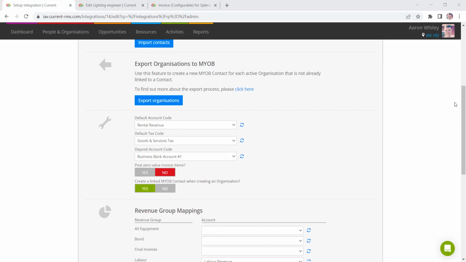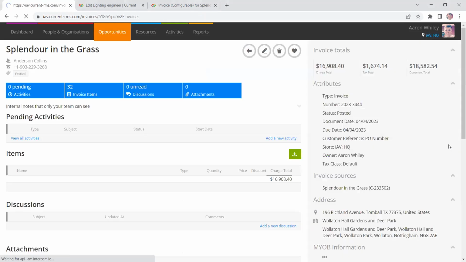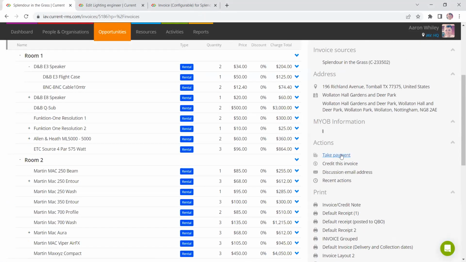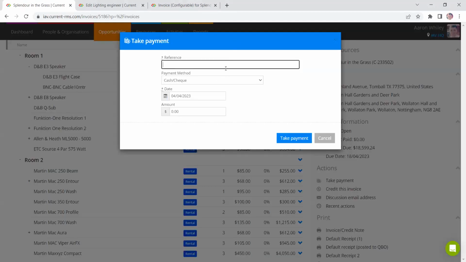Let me just see if I've got this set up. As you can see here, there's a take payment option, and this is where you can log payments essentially as you receive them. So you can say, I've received payments via bank transfer. And once you've done that,